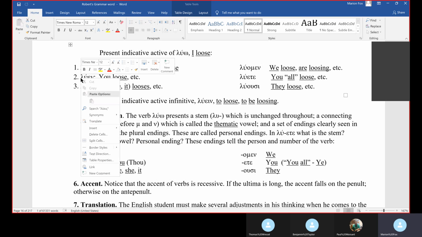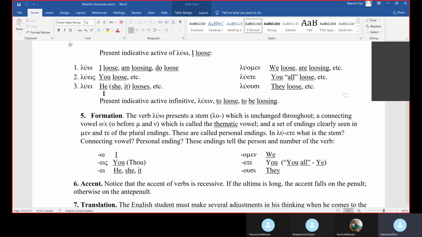Take that same stem here, our basic stem, lu, and we change the ending on it now to eis. And this epsilon iota is a diphthong. It has the sound of the EI in rain, like reign, the reign of a king, or a rein on a horse. And so this is lueis, lueis. And so now the verb is you loose, you singular loose,